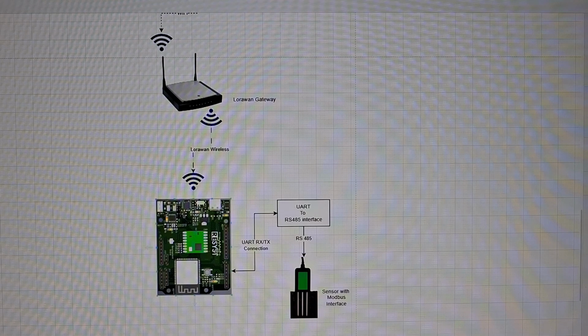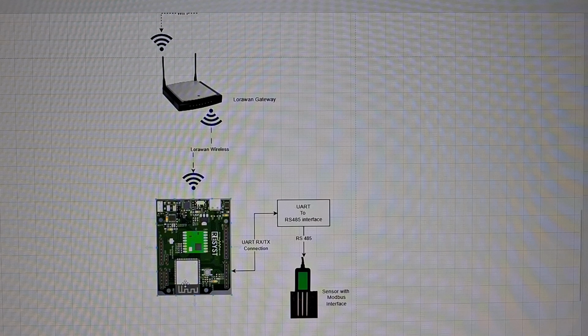This board will request a data read from the sensor, and the sensor will provide the feedback to our main board. And then our main board will need to pre-process the data into the real value. After that,